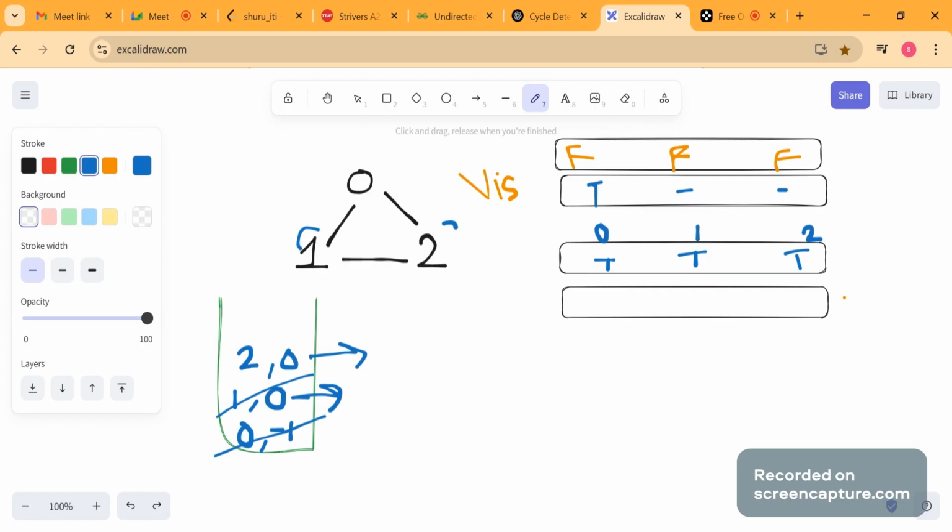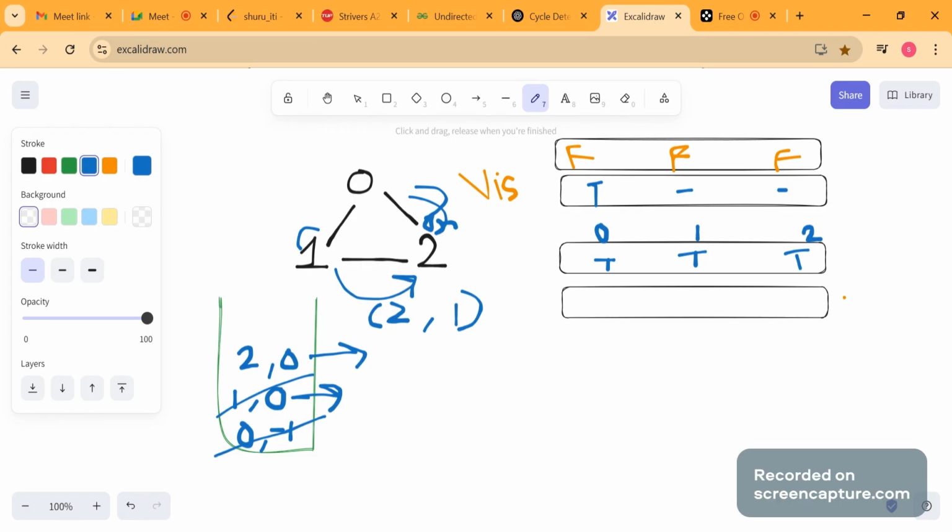But as 2 is visited, it's not the part of 1. 2 is visited, but we have visited it from 0, right? We have in the queue 2 comma 0, but now we are operating because of 1 comma 0. So 1 comma 0 had neighbor 0 and neighbor 2. So we want to basically enqueue 2 comma 1, but 2 comma 0 already exists, means we are reaching 2 from 0 as well, and we are reaching 2 from 1 as well. It means that we are reaching the same node from different nodes. It means that there is a cycle.